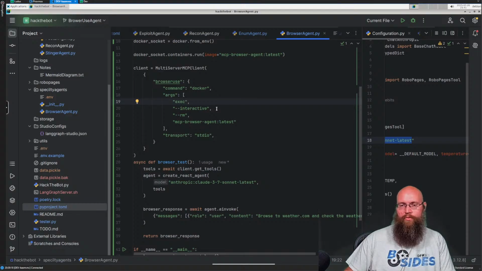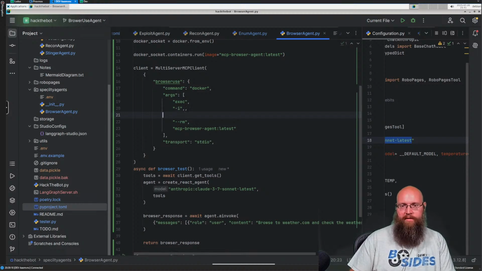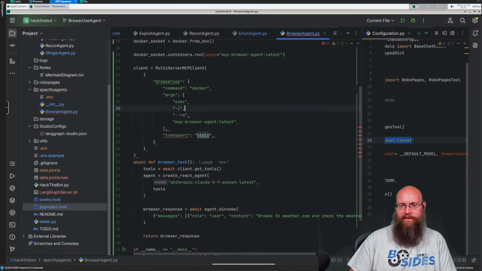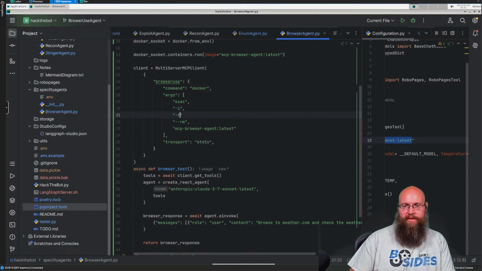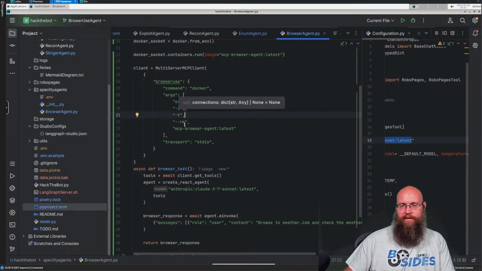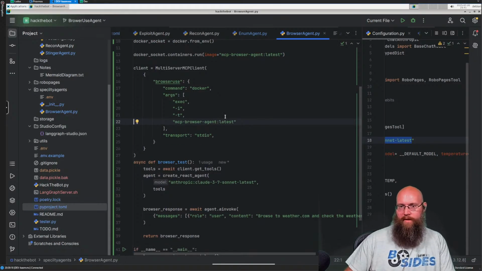I don't know if we need a TTY in here. In fact, I'm going to modify this just a wee bit. Change this to an I, and then, no, that's not right. And then we'll put the T in here. I don't know if I can actually compress those together. It's been kind of a pain. We got to take out this RM here. And what we're going to run is,